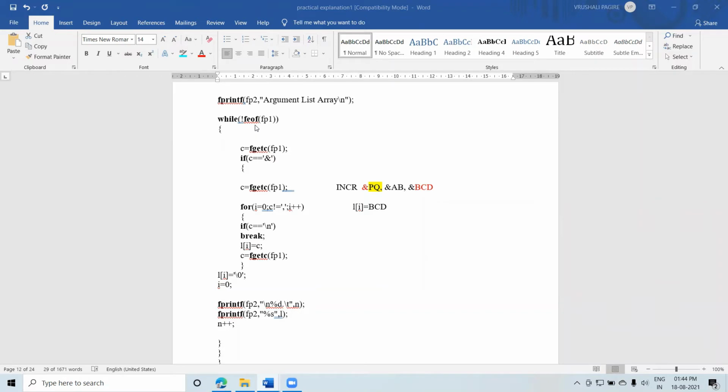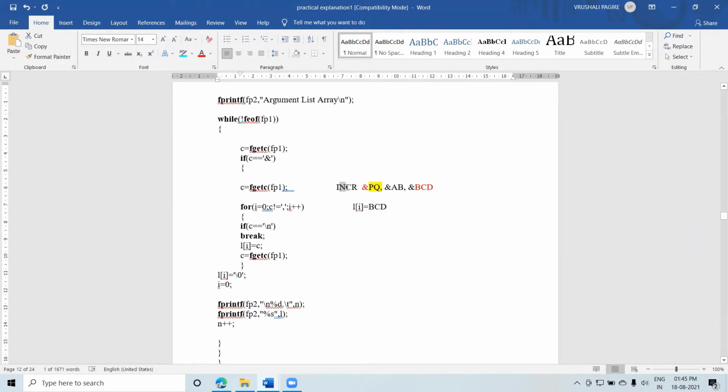So while feof fp1. fp1 is now the read file, right? So enter into the loop. Okay. So c is equal to getc fp1. So first of all, you are copying the first character from the input file into the c. Okay, consider this example. So first character, that is the i. Okay, check whether it is the ampersand symbol. No, it is not. Then you cannot enter into the loop. So you can see again you have to copy the next one, right? So next one is n. Copy it. Is it the ampersand symbol? No. So you cannot enter into this loop.